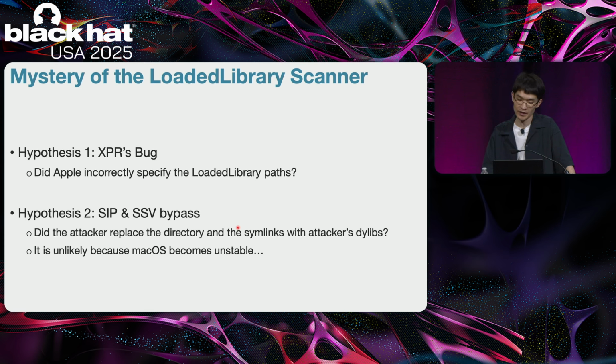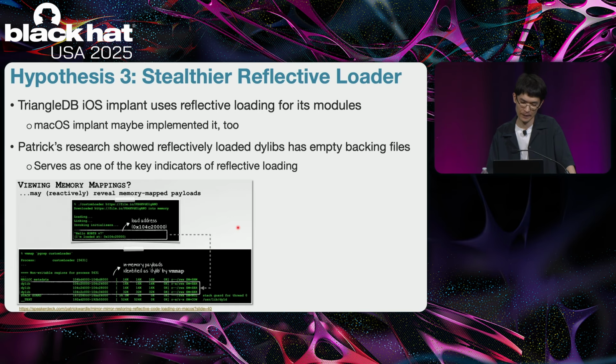Another possibility is that the macOS implant somehow bypassed SIP and SSV and used that to replace symlinks or directories with attacker-controlled dylibs. But doing something like that would probably mess with the system, and macOS becomes unstable. It's pretty unlikely. So I'd like to propose a third hypothesis. The macOS implant used its own reflective loader,